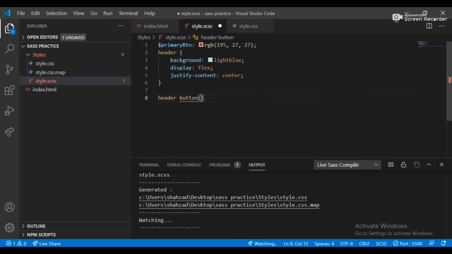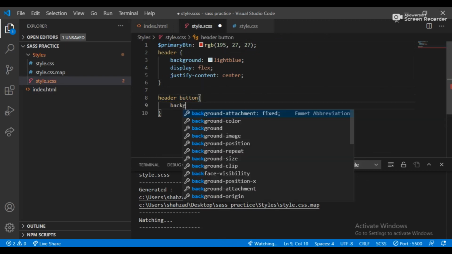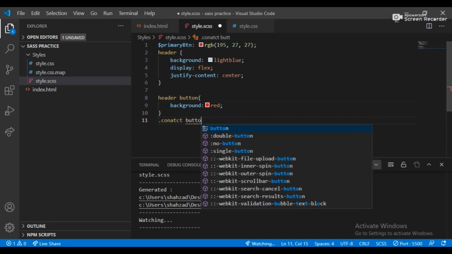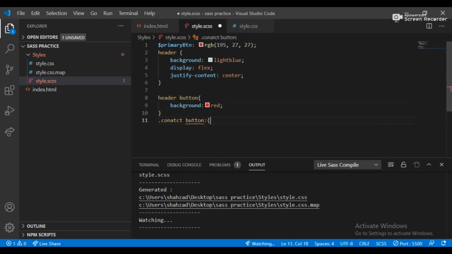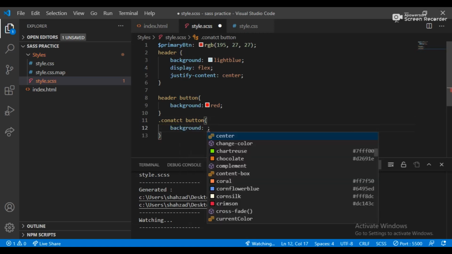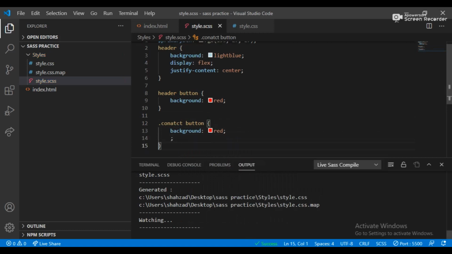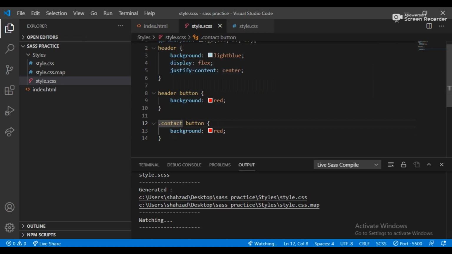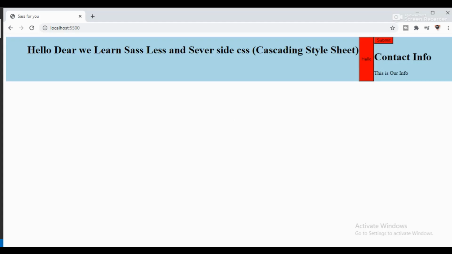So what is the side effect of using plain CSS? You need to create the header button and contact button, so you define the background color multiple times. So what should we do? We just need to couple this data for reusability. You add one property about the header, and you declare all your colors in the form of one background property, where I am defining the light blue. You can see that the result is the same.